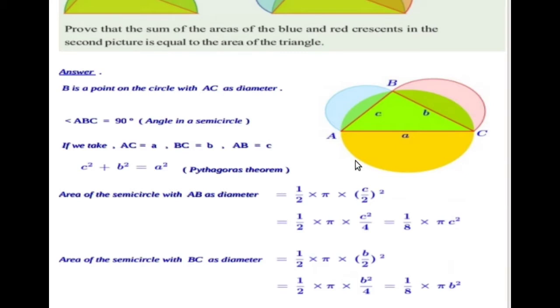So the area of this semicircle is half pi r square, where the radius of the semicircle, the diameter here being c,